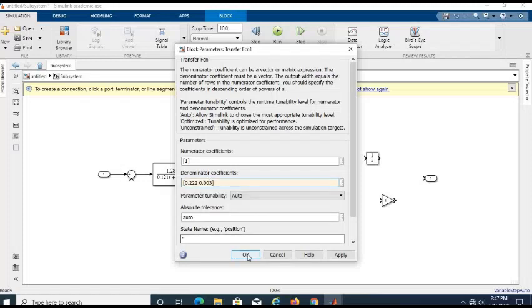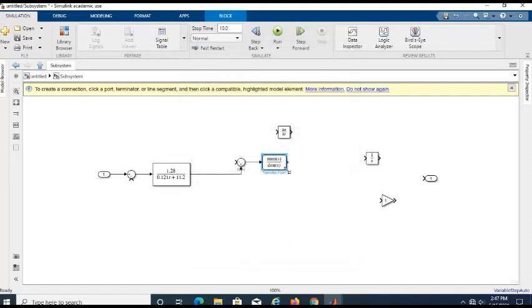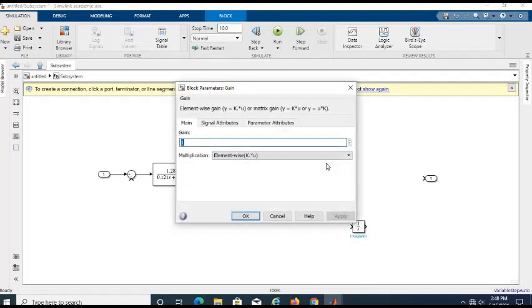Okay, we increase the size. Okay, after that this value is 0.2.